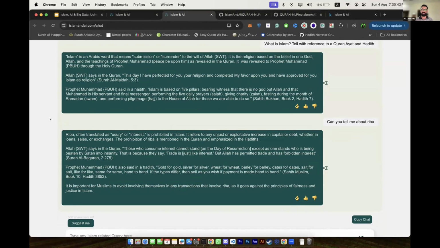Nothing more, nothing less. It can't generate a fatwa. It can't tell whether this thing is haram or halal. It just tells you that this topic is mentioned here in the Quran and here in the Hadith, and do what you have to do with that information. This is just to access that information as quickly as a machine can, with references.